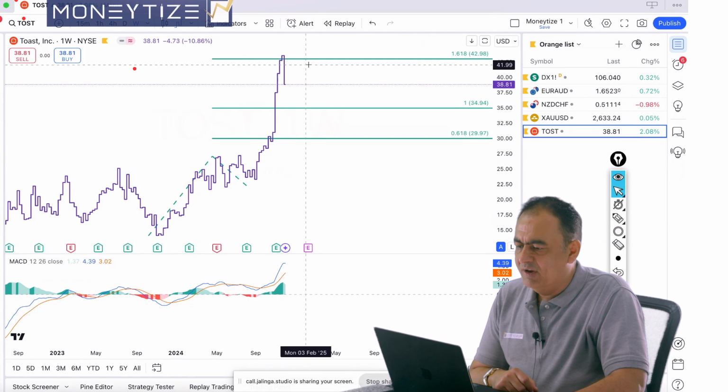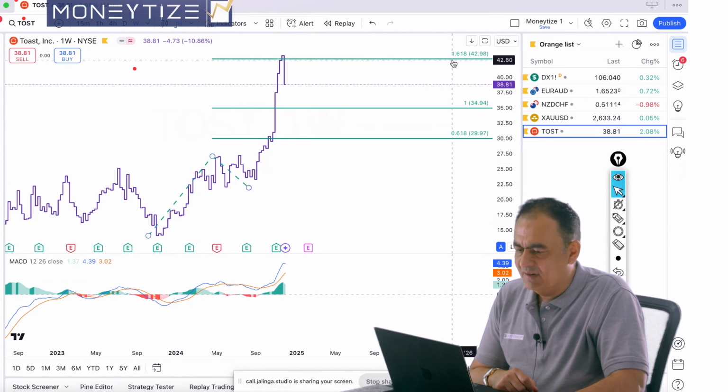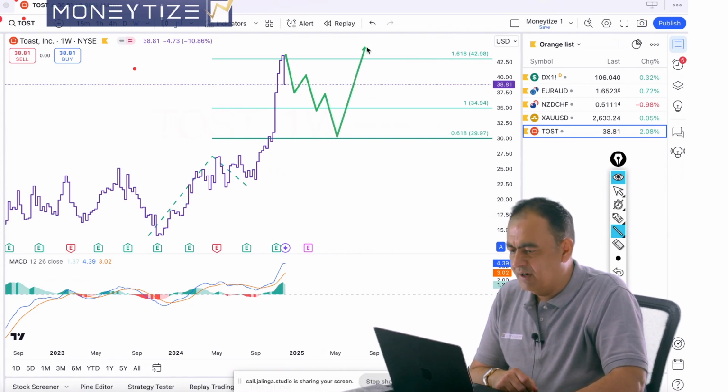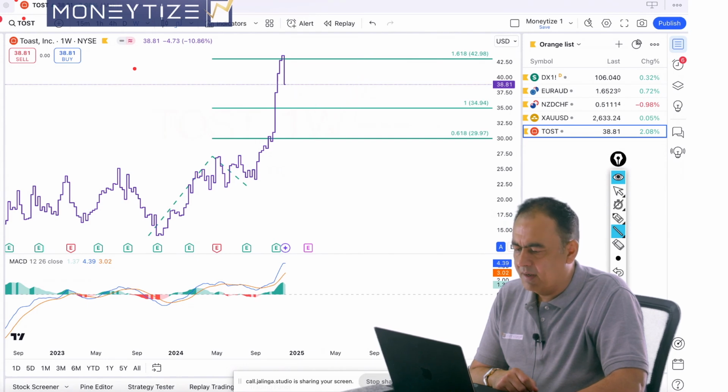And currently it reached the extension of 161. Usually after touching 161, the market retraces back to 100%, and in some cases it can go as deep as 100, which should give us the opportunity to buy and make some money in the longer run. Moving down to daily here,